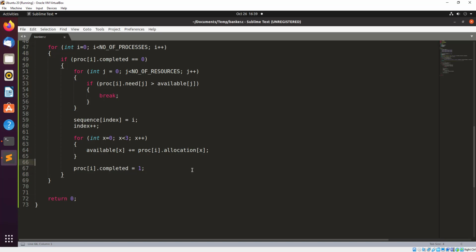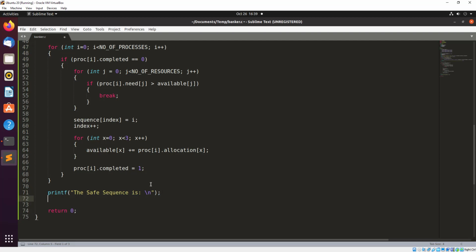The only problem right now, I believe, is, let's run this code and see. It's not going to display anything. I'm going to display the sequence. So we are not done with the code yet, but let me at least show something as the output so that we can see what's going on, right? So I'm gonna say printf, the safe sequence is,